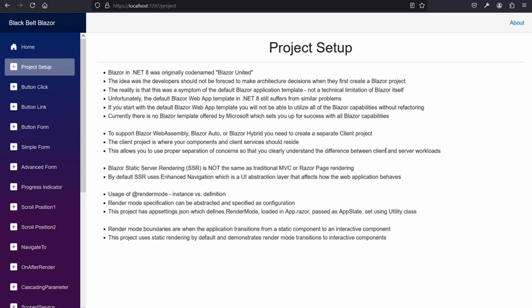It allows you to get set up initially with a static server-side rendered project, which allows you to use interactive components so long as those interactive components are running on Blazor server. However, if you want to use Blazor WebAssembly, or use the new auto mode, or use Blazor Hybrid, the default Blazor web app template is not going to work for you because it's not set up